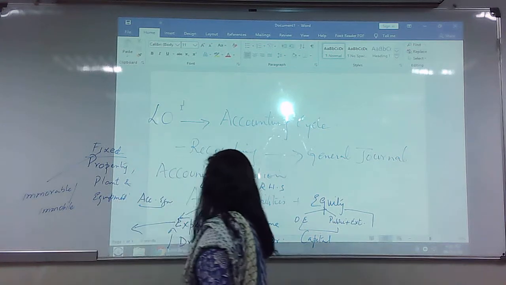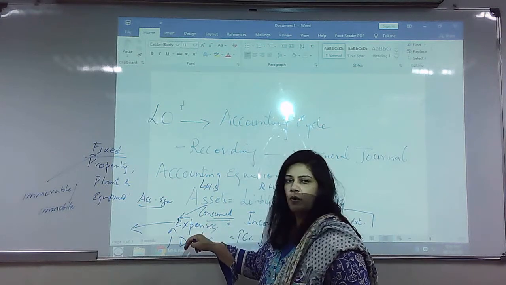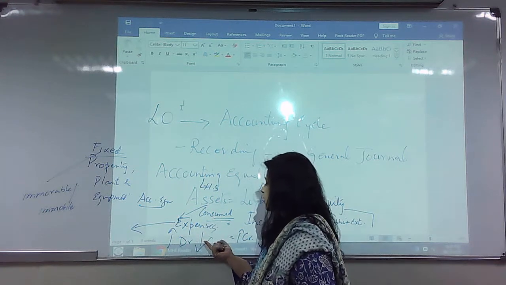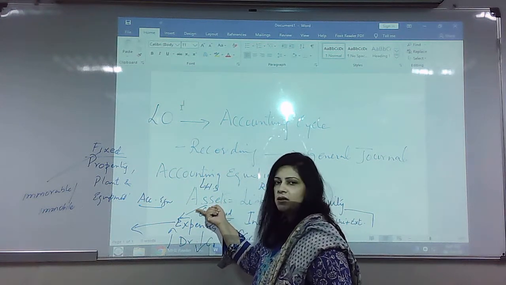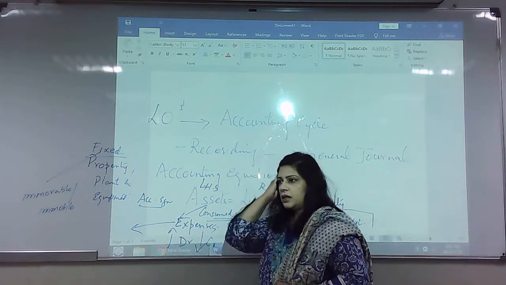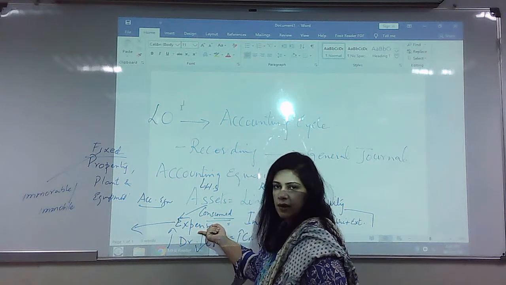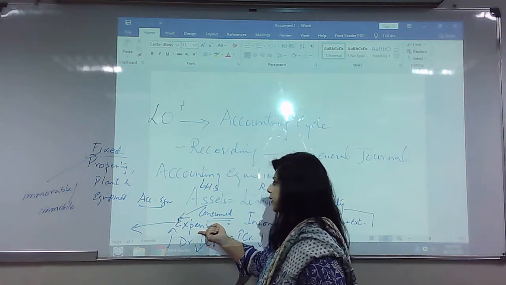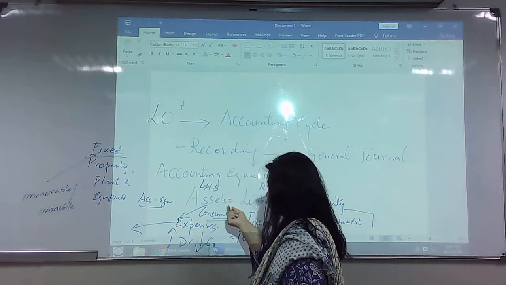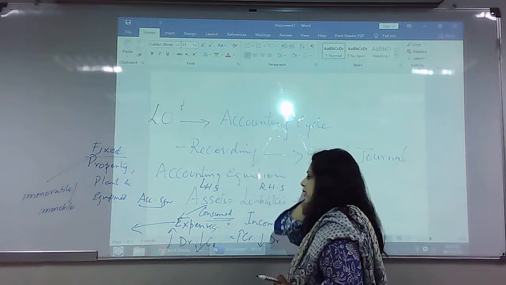Pardon me if you feel that I'm deviating a bit, but I'll come right back to the point and then you'll understand how I'm making the link. I said that when assets are increasing, they're debited, and I say that expenses are also increasing, so they would also be debited. Why would I say that? Whereas expenses would cause the cash outflow and they are temporary, assets are basically long term and they're fixed.